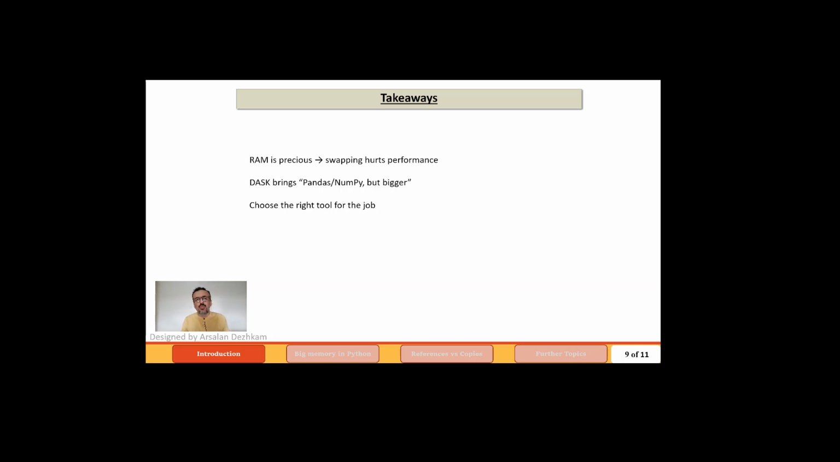And finally, choose the right tool for the job. If your data is small or medium, stick with fast, simple NumPy or pandas. And if you are working with bigger than RAM data, switch to Dask arrays or data frames. So the key message is understand your data size, monitor memory, and pick the workflow that keeps computations fast, reliable,